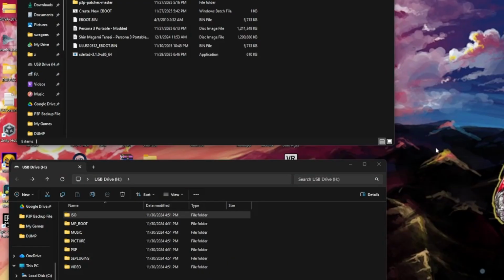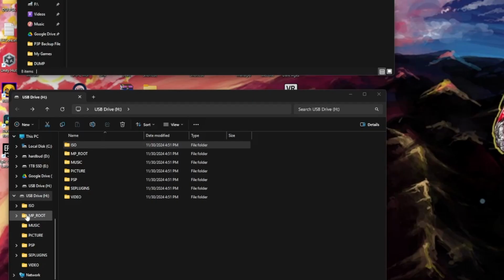Okay, so after you download Tempar from the link in step 4, you want to unzip that file, and then drag it onto the root of your PSP, not inside of here. You want to click and drag the files inside of the Tempar download folder, and then unzip them onto your root. This will give you C